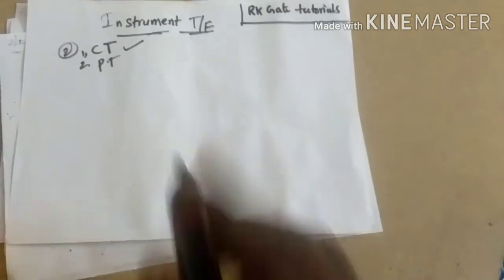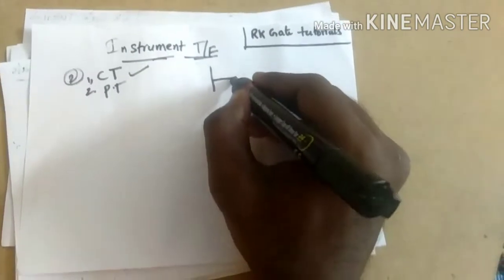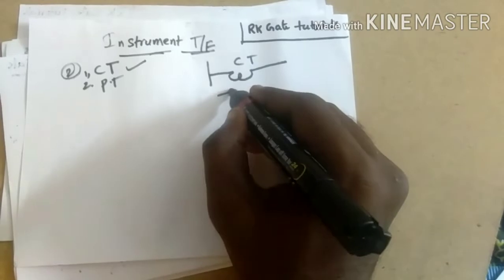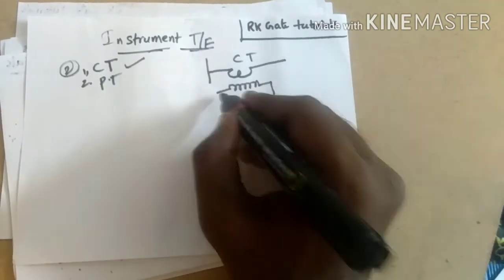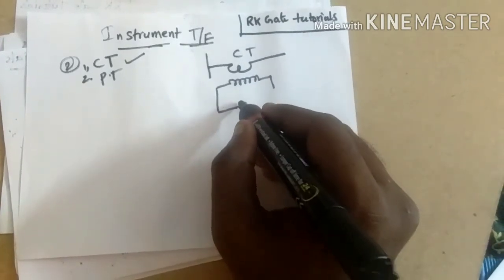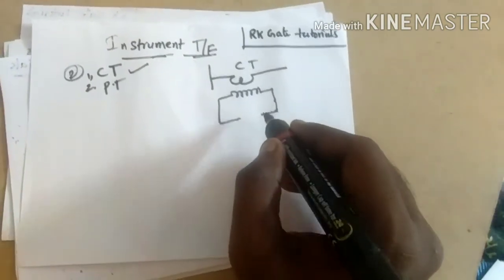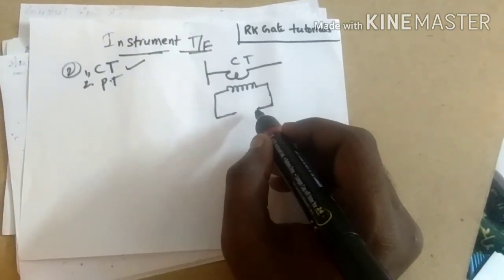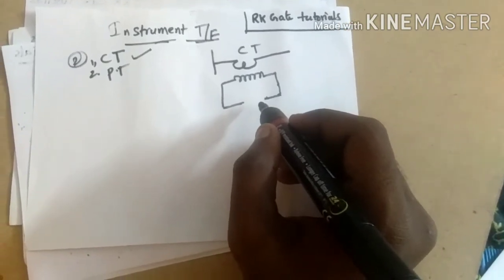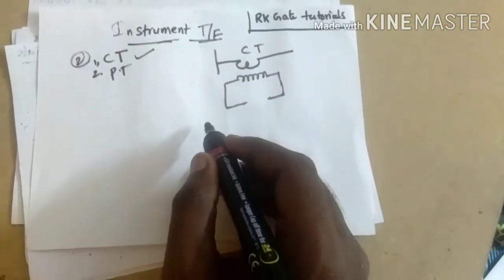Now, why this current transformer? So here is the line. This is the bus bar, and here is the line. Here we use the current transformer, CT. This is the primary of the CT, and here we have the secondary. To the secondary we connect something: an ammeter, that is for measuring purpose, and if you are using a relay contact, that is for protection purpose. So what is the function of this CT? And of the PT also.